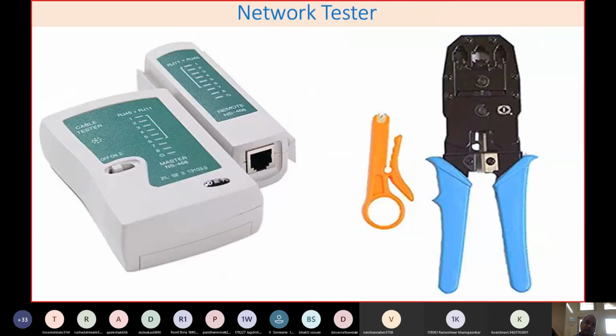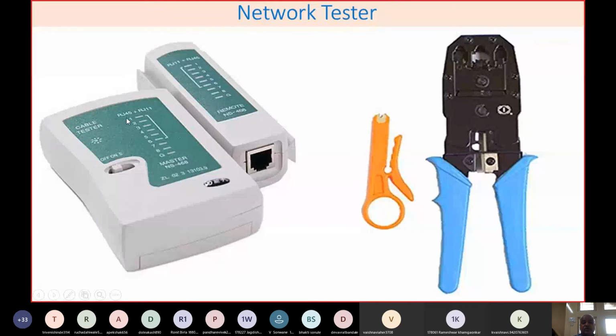Now what is most important, this is another device which is called a network tester. This network tester can be used for checking your telephone line RJ11, which normally has two connectors. At one end RJ11 will be there, at the other end RJ45 will be there. On a similar line, there will be two connectors over here. You can directly connect the cables between these two sockets. Then automatically it will show the lights coming over here, 1 2 3 4 5 6 7 8. If you get 1 2 3 4 5 6 7 8 corresponding in order, that means this is a straight cable and it is perfectly connected.